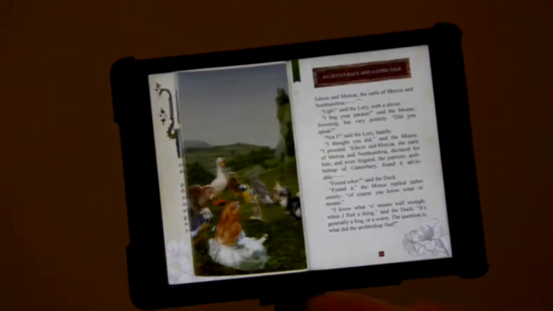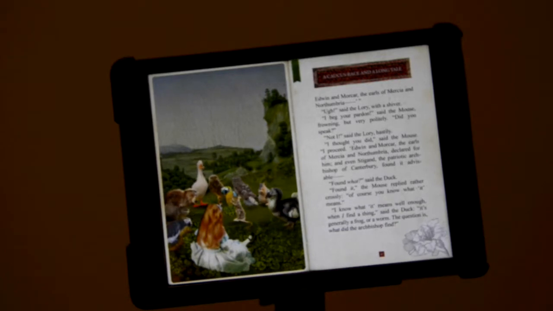Chapter 3. Edward and Morcar, the Earls of Mercia and Northumbria. And that was missing. Look, beautiful. With a shiver. "I beg your pardon?" said the mouse,